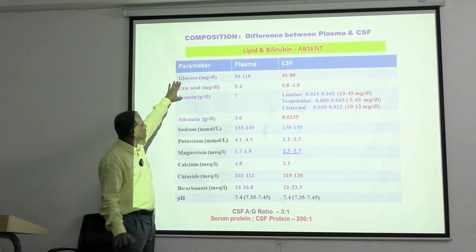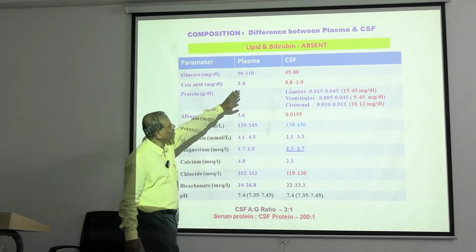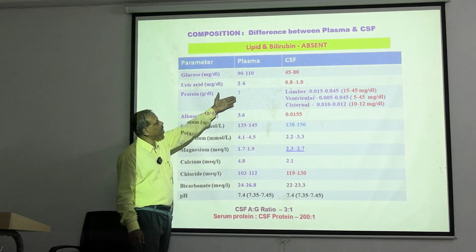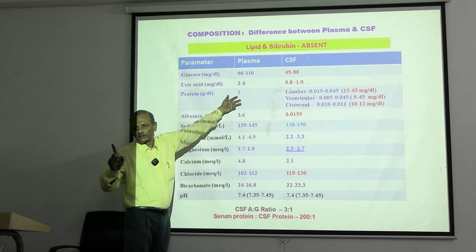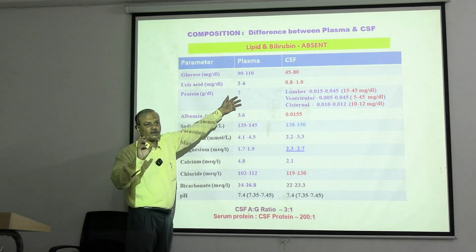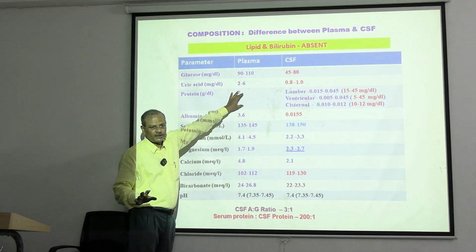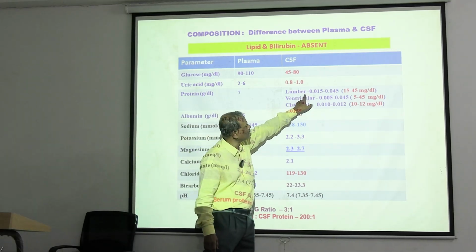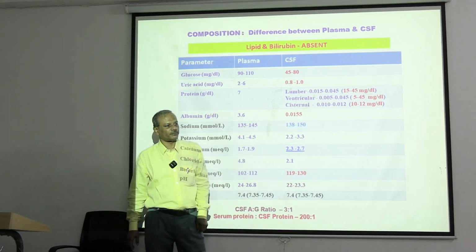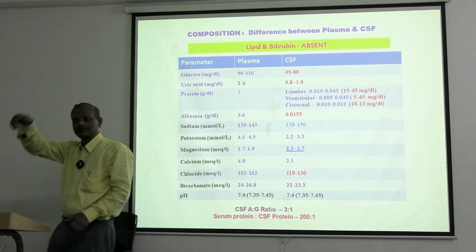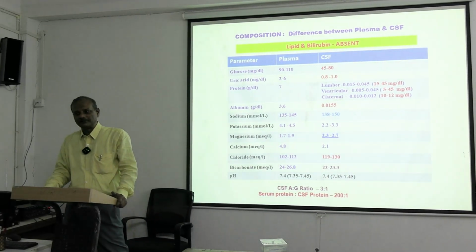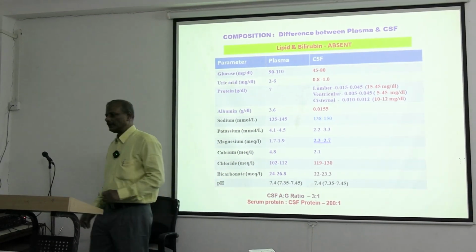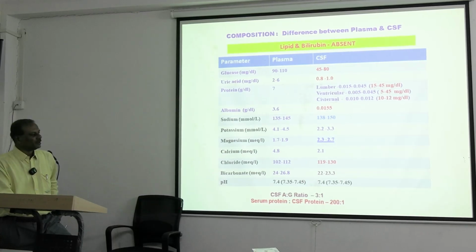What is the level? So you can see it is present at less than 50%, around 50%. Total protein in the blood is present at 6 to 8 gram %. That means 6,000 to 8,000 milligram per deciliter. I have taken the middle figure, 7,000 milligram. In contrast, in the lumbar region, it is 15 to 45 milligram. So where is 7,000, where is 45 or 40 milligram? So the serum protein to CSF protein ratio is almost 200:1. It is because of the ultrafiltration that the protein level is less.